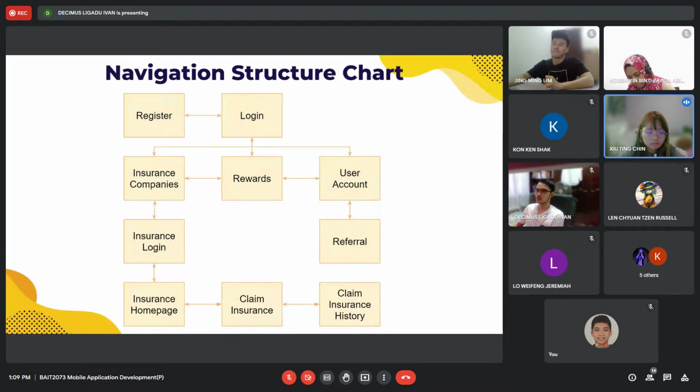So this is the navigation structure chart for the application. When the user runs the app, the user will first be directed to the login page. The user will be required to log in to the MyB app. If the user does not have an account, the user can go to the register page to create an account. After the user has logged in, there are 3 pages that the user can access,